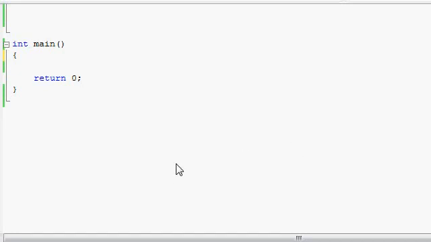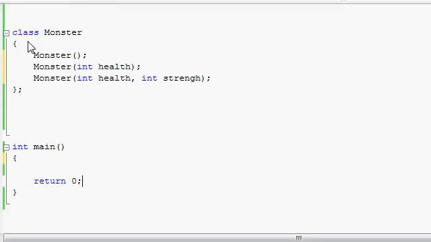Function overloading is also possible with your class's constructor. Just like you can have many functions and many class methods of the same name as explained in the last video, you can also have many different constructors for your class. So for example, with this class over here, class monster, I made 3 different constructors